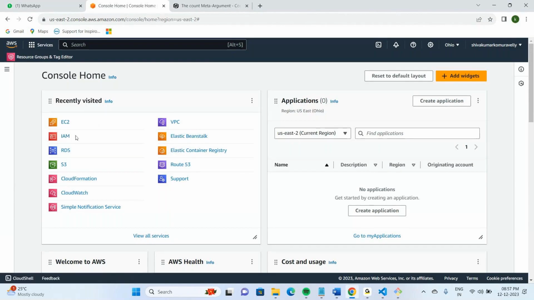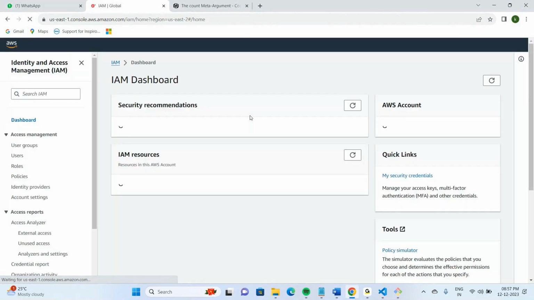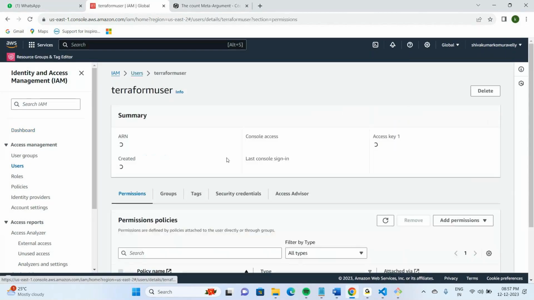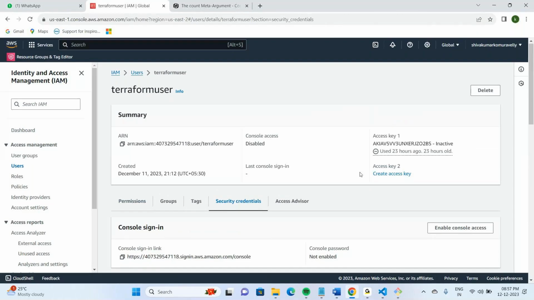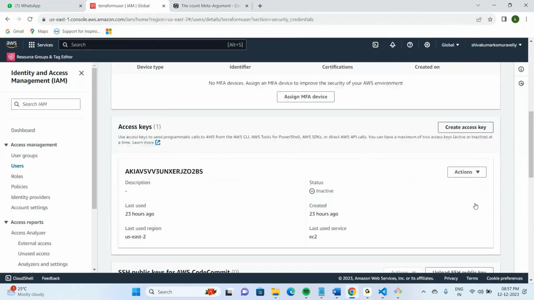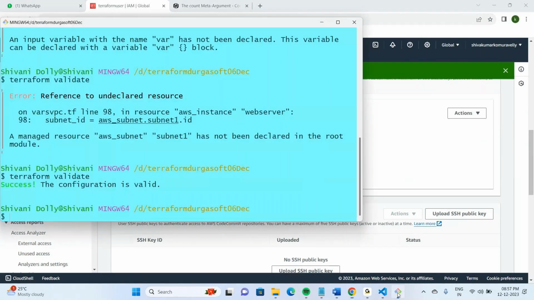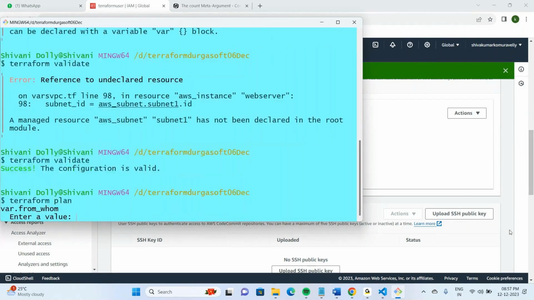Now let us go to IAM, users, security credentials, activate. Now let us generate plan, Terraform plan. Okay, it is asking from whom. Okay, you have to give